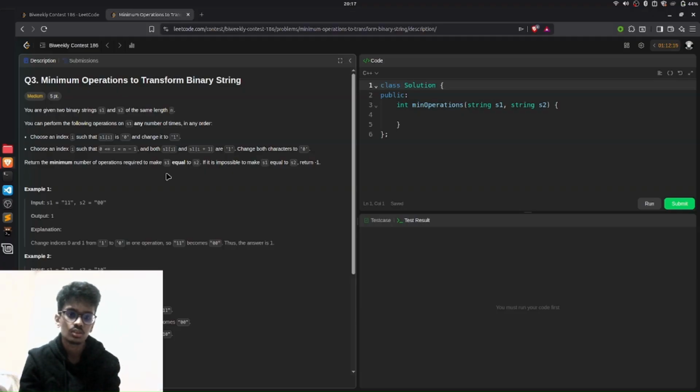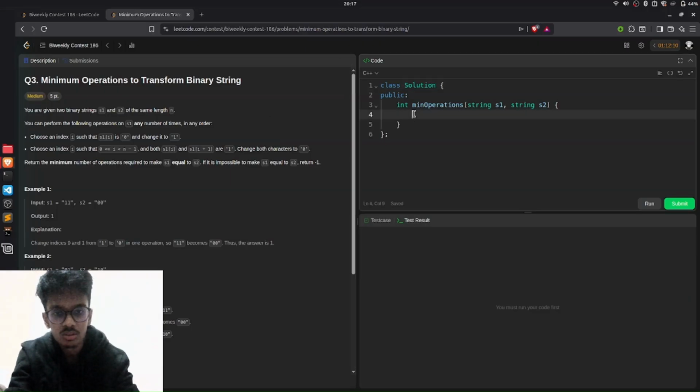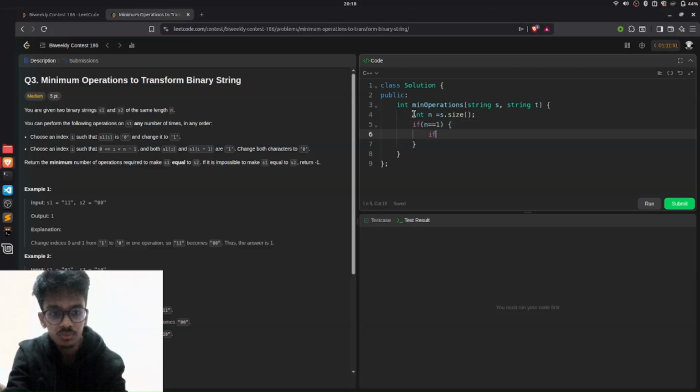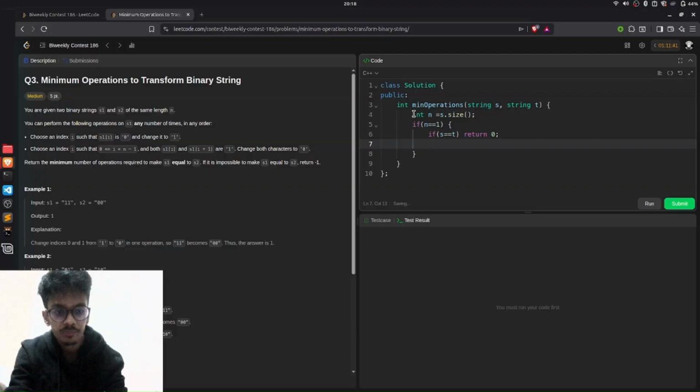So maybe I can implement this. This is also a kind of implementation question. Let's take it as s and t because I hate typing numbers. n equal to s dot size. If n equal to 1, then you take 0 operations, and if